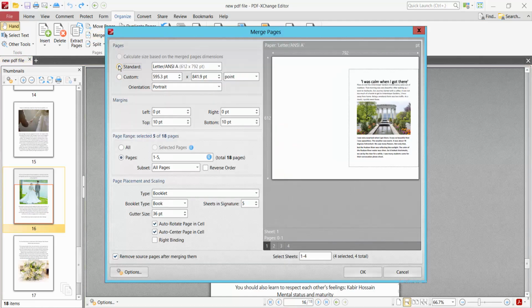And here you can change the page orientation, custom size, and the page margin. Now I will select all pages